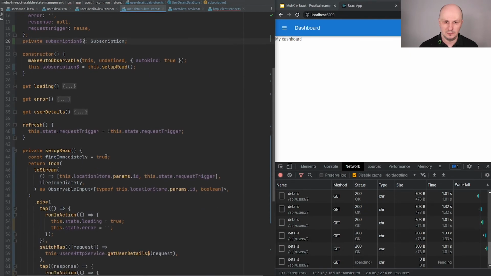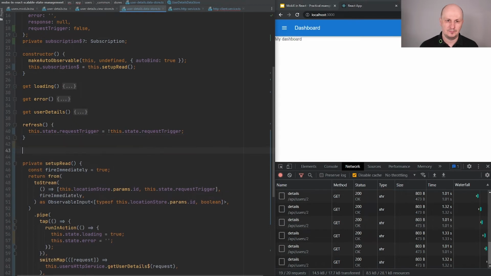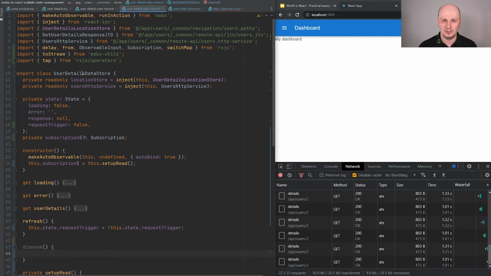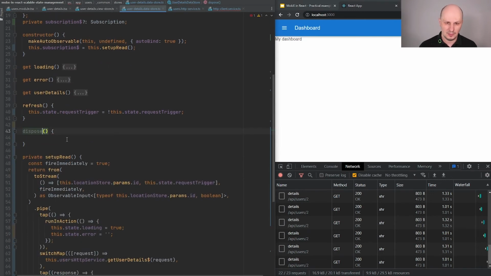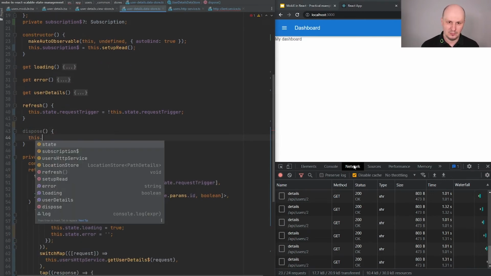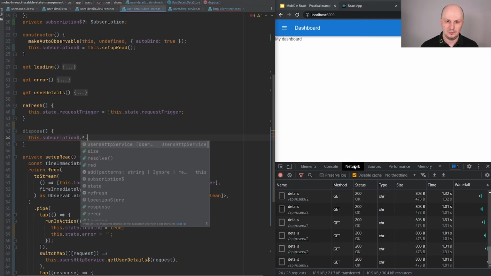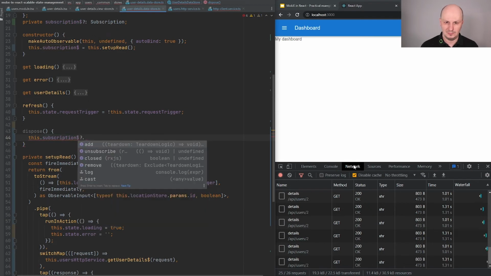right? And in the dispose method, which is called by React IOC while the component is unmounting our data store, I'm going to call, how was it, no, unsubscribe.